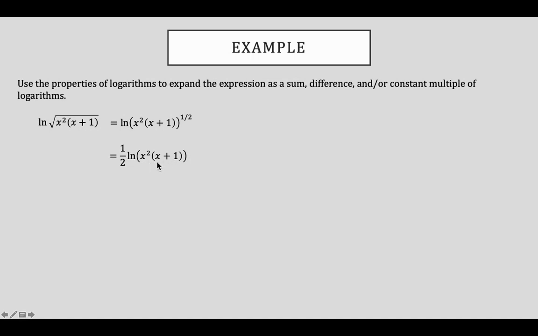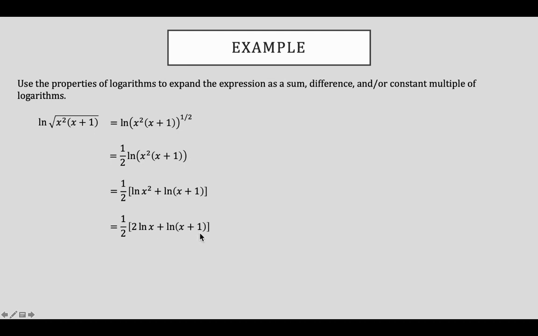Now, I have these two groupings inside of my natural log, and they are connected by multiplication. I can expand those by rewriting that as a sum of two different logs. This becomes 1/2 times, and notice I put big brackets around here, right? Because it's 1/2 times this entire quantity of the logarithm that we're breaking up. So 1/2 times bracket natural log of x squared plus the natural log of x plus 1. Couple last steps here. Notice again, we have a power associated with a quantity in a log. We can bring that to the front as a constant multiple, giving us 1/2 times 2 ln x plus ln